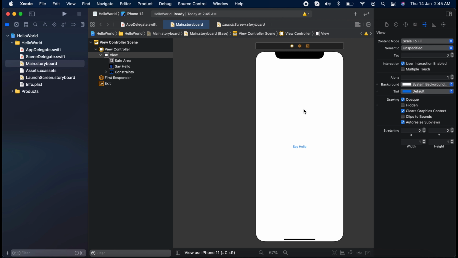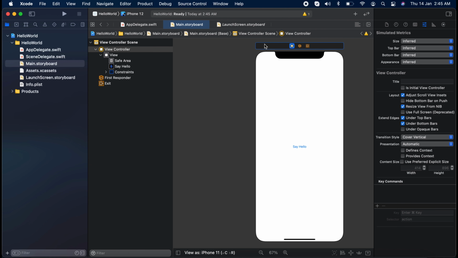We designed our view, right? Okay, so we have the view, but we need someone to handle this, right? Like when you tap on this button we need to perform our action, right? So for that we need a controller. So you can call this a scene. Okay, and we need a controller for that.